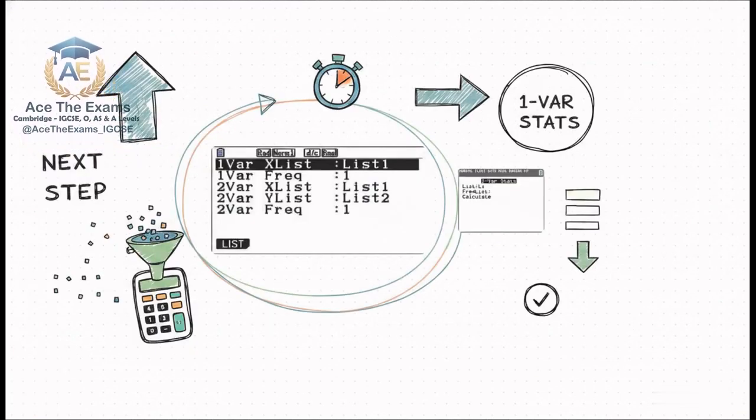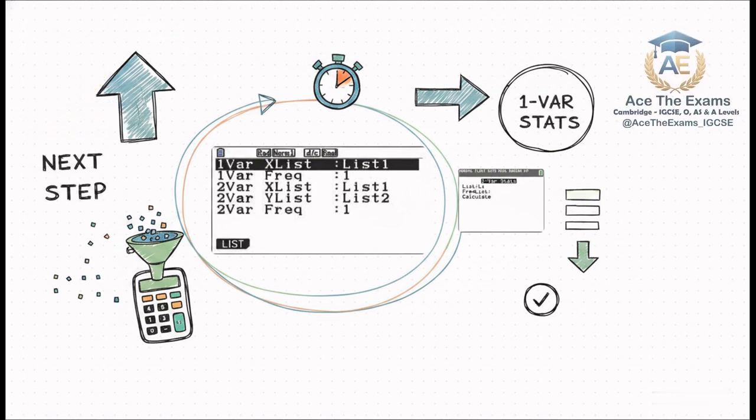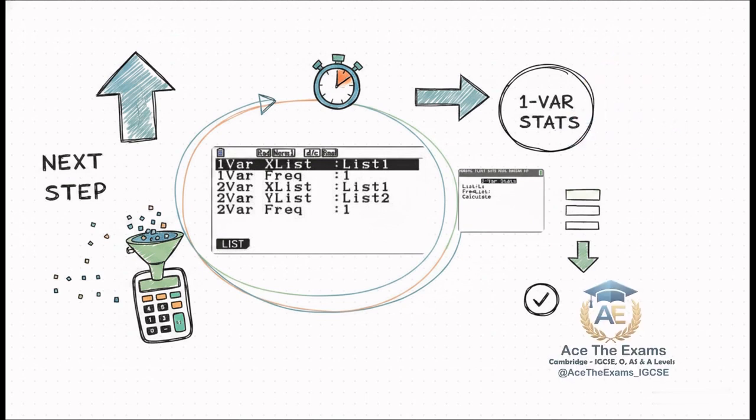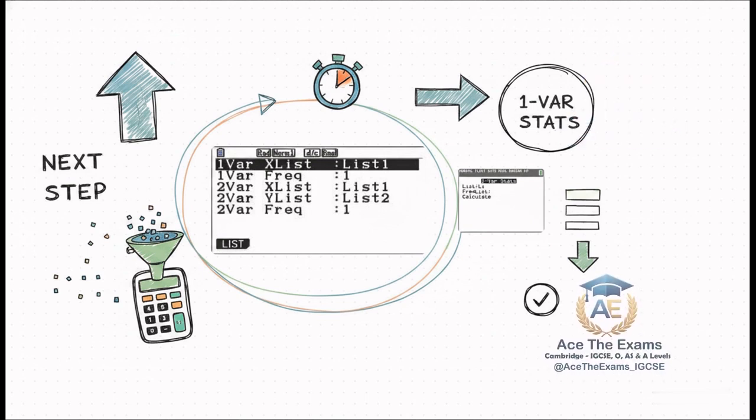We have our data. Now we must command the calculator on what to do with it. We need to calculate what are called one-var stats, which stands for one variable statistics. We only have one variable here, the sprint time itself. On a Casio, you'll hit the Calc button, then one-var, making absolutely sure your setup specifies that your X list